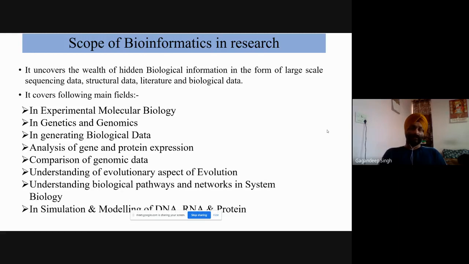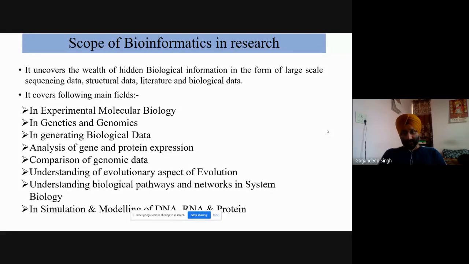First of all, what is the hidden biological information and where is it located? If we are working on the human genome project, where is that data? We know the size of the human genome. We know there is some transcriptomic data. There is some data related to cancer, RNA-seq data, metabolomics data. Where is that data? And from that data, which is the most important data that we have to select for analysis or for our idea, that what kind of data we need to analyze for our own idea.